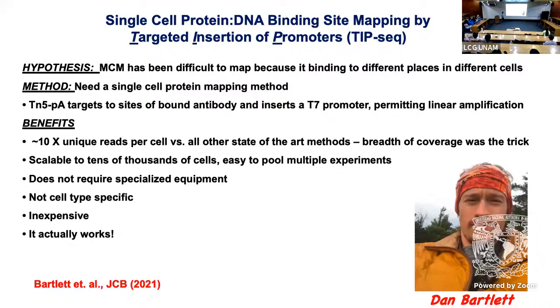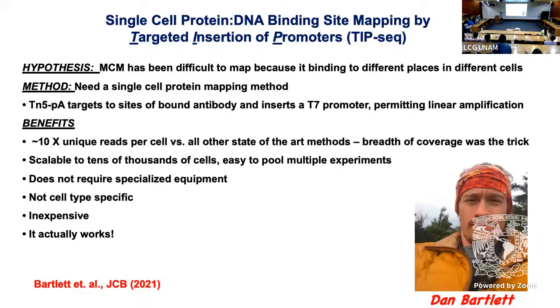And you can read the paper, it's published, okay? But what I'm going to say is the trick was very simple. In CUT&Tag, you use Tn5 transposase to insert a barcode. You fuse the transposase to protein A, and then you use your primary antibody to find your protein, and then you use the protein A fusion. The protein A binds to antibodies, and then the Tn5 inserts a barcode wherever it's hanging out.